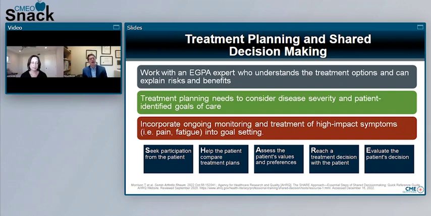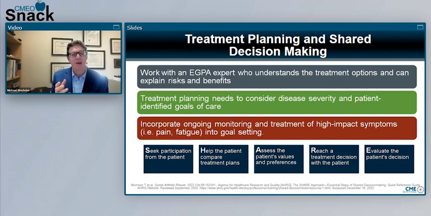It's important to really identify your goals of care, because sometimes there can be a disconnect between what the physician perceives as the goals and what you as the patient perceive. So I think it's important to have that discussion as part of your shared decision-making, recognizing that there might be times where the physician wants to target a specific eosinophil count, for instance, versus you may want to target a specific steroid dose so that you don't have a significant number of side effects. So we need to evaluate all these things in that type of context.